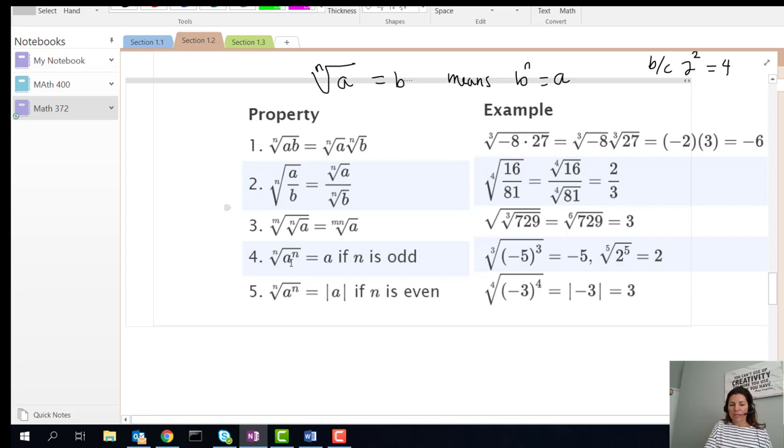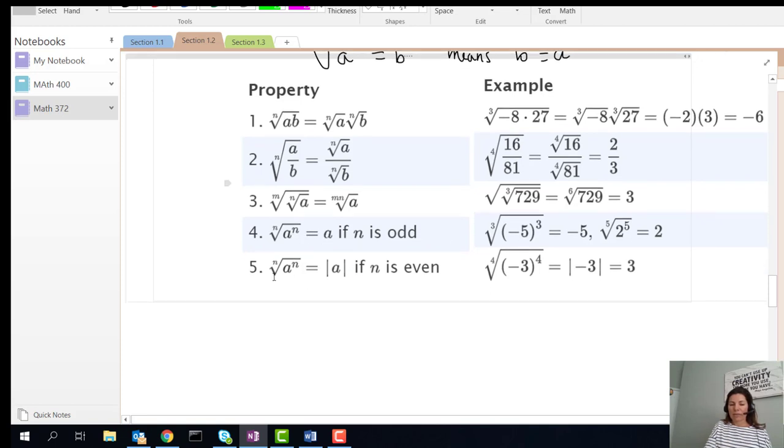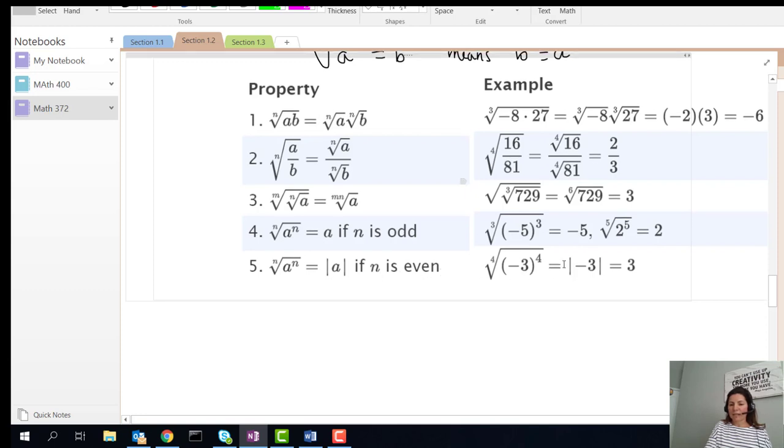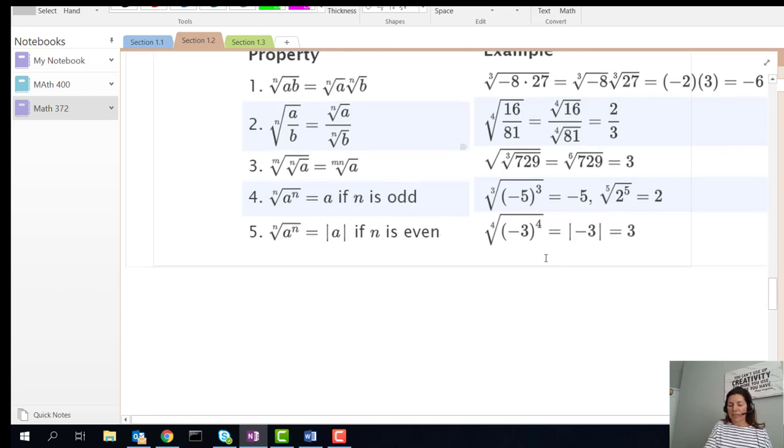And the nth root of a to the n is a if n is odd, and the nth root of a to the n is the absolute value of a if n is even. And here are some examples as well. So let's try using those properties to simplify some problems. So let's simplify,